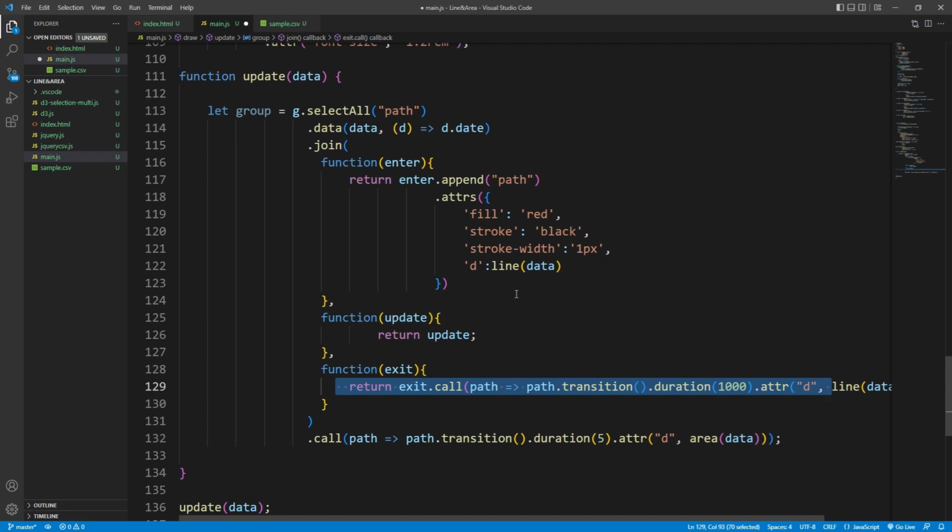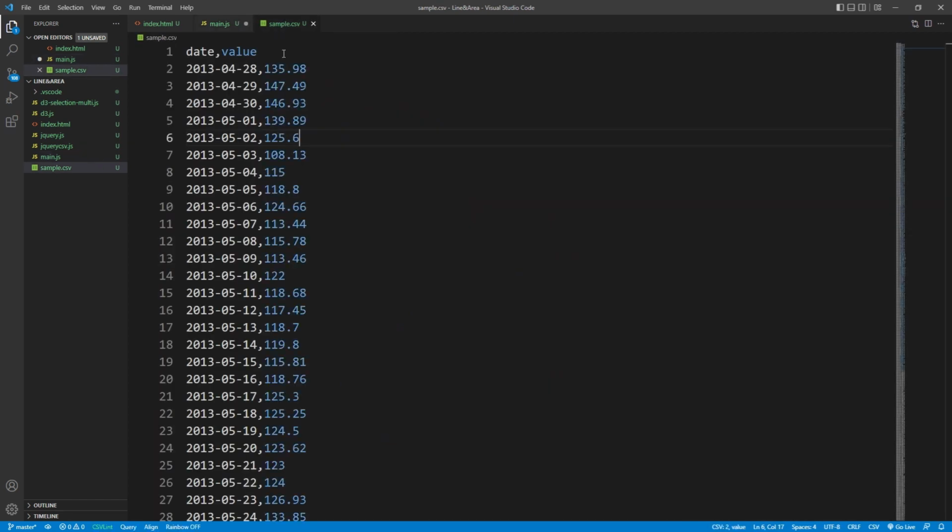So the 150 elements you could see in the animation were getting drawn, and when the next 150 elements appear, those next 150 elements had different date values. If I show you the CSV, for example, let's say we are only sending around 10 elements. The first 10 elements have different date values. So when the next 10 elements are sent over, the first 10 elements are no longer required, and hence the exit function takes care of them and removes them